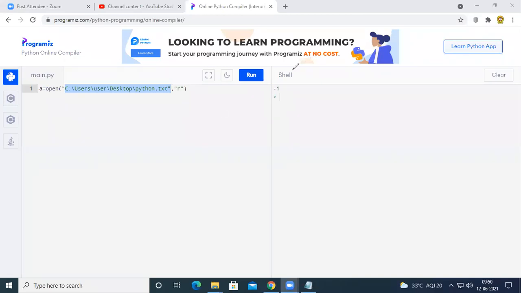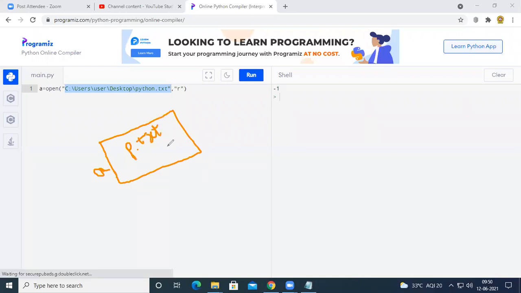But if you write A equal to the open function, this file is going to be opened in read mode, and the data of that file will be stored in a variable A. So now a memory location with A will be created, and the data inside the python.txt file will be stored here, and one can read this data. No one can write this data, and no one can append this data, because we have given the read mode.